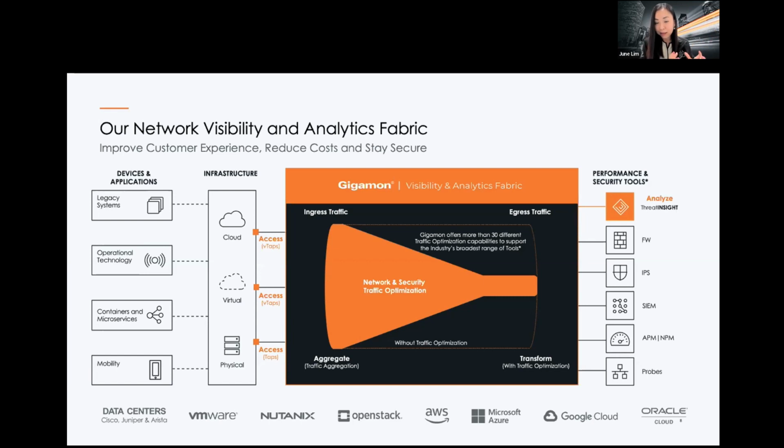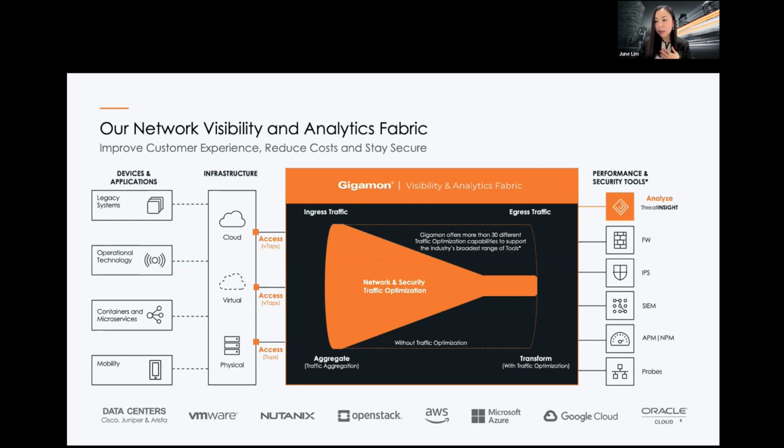That is one thing. How do we help you to save money? We talked about why customers buy Gigamon. It's because they realize that with Gigamon, they can get a lot of cost savings when it comes to their security solution. So how do we help them do that? We do this thing called traffic optimization. You can see from this slide that a big chunk of traffic is coming in, a whole lot of traffic, you can have 40 gig per uplink coming to my aggregator, to my visibility fabric.